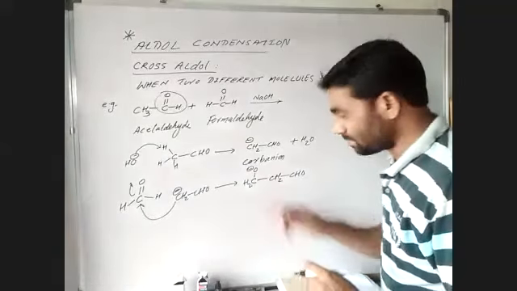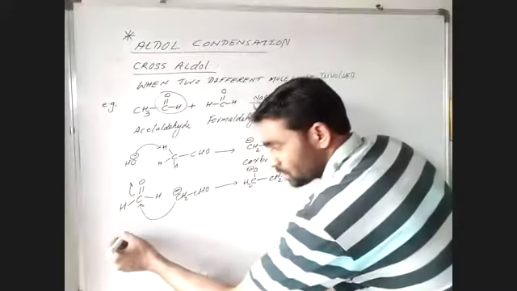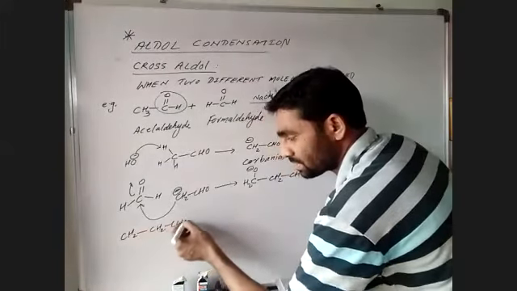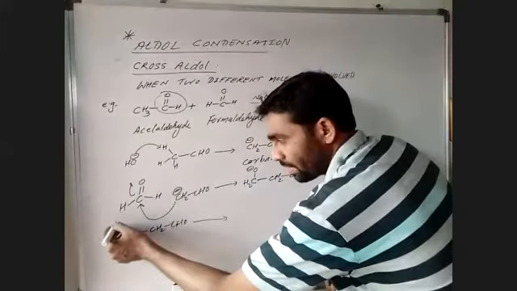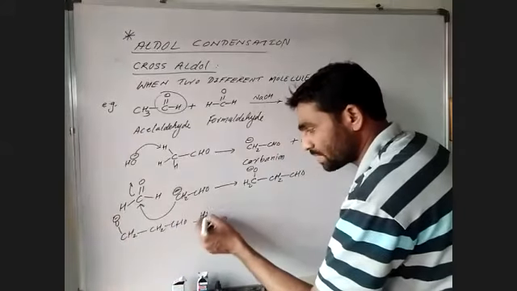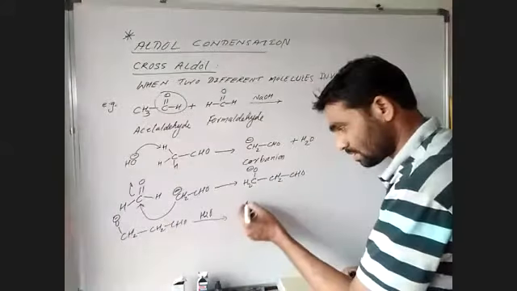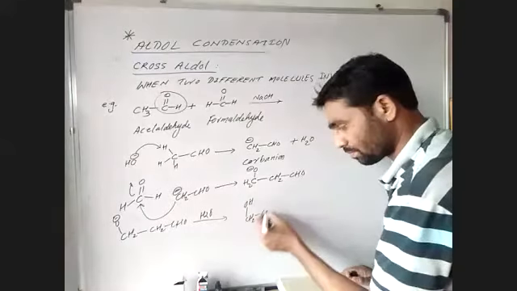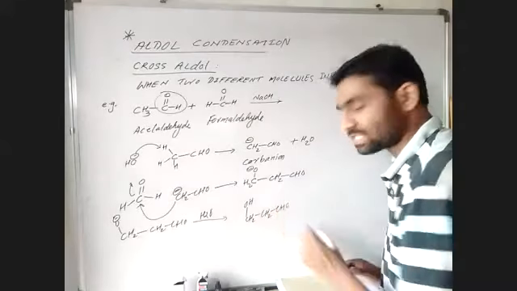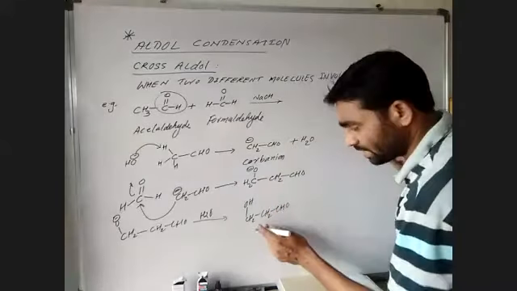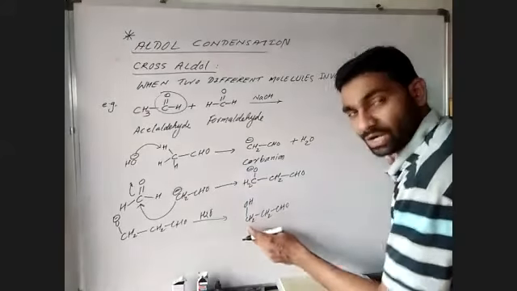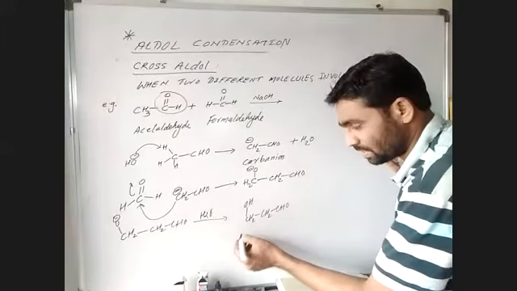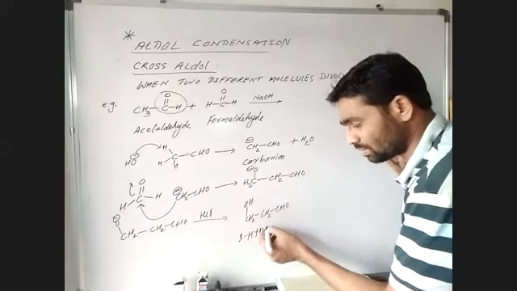Now what is the last step? This water will add to this one. So this is what is there? O minus. So this will abstract a proton from water, and this will form like this or not? Yes. This is called again, 1, 2, 3, 3-hydroxy, 3-hydroxypropanol, and this is aldol.